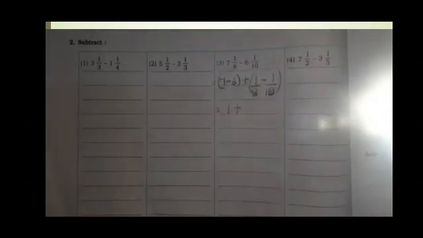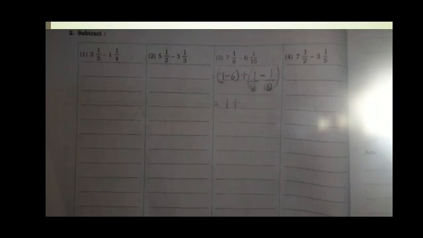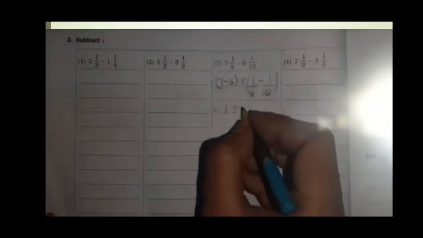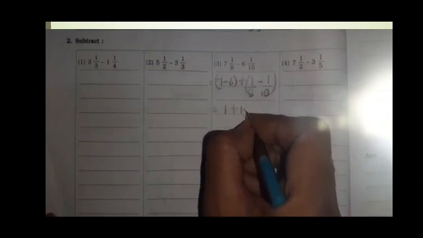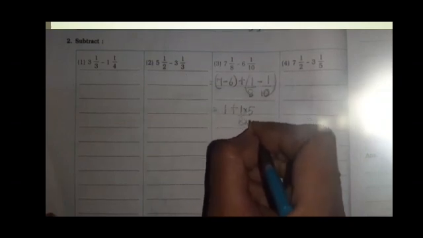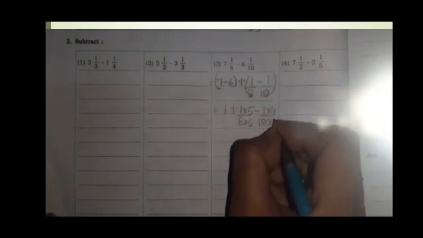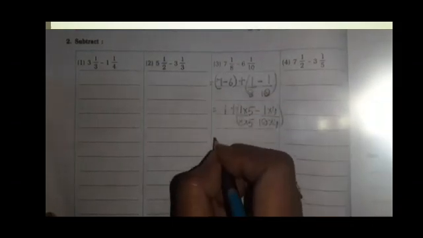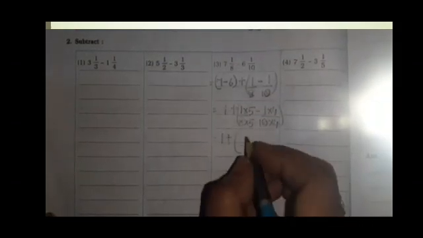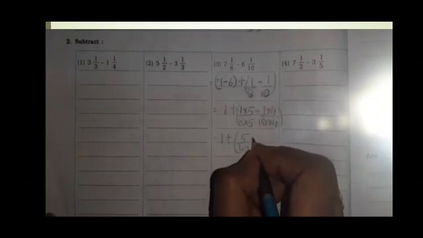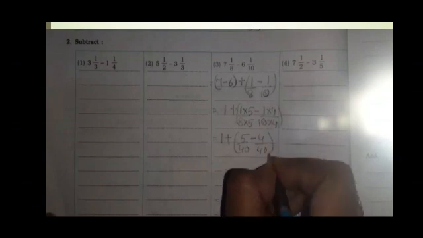Now 8 and 10. Now children, if you are doing a cross multiplication, 8 times 10 is 80. So 80 is a very big number. So think of some smaller numbers. Now see, 8 5s are 40 and 10 4s are 40. So we can make denominators 40. So here you have to multiply by 5 because 8 5s are 40. And here you have to multiply by 4 because 10 4s are 40. If you want you can put the bracket. Now 1 again plus. 1 5s are 5 upon 40 minus 4 upon 40.